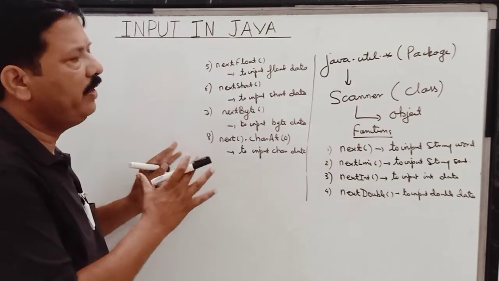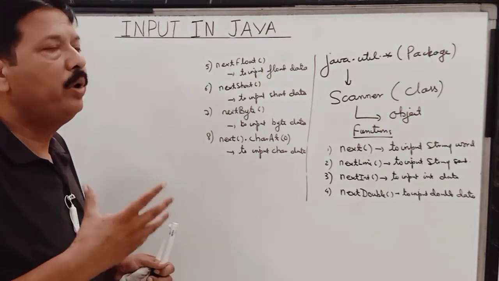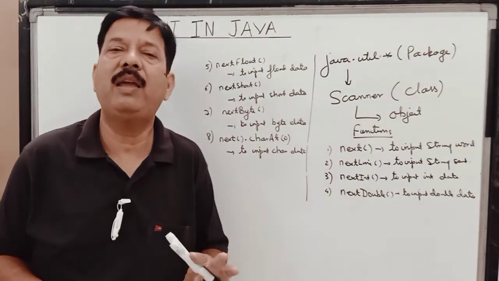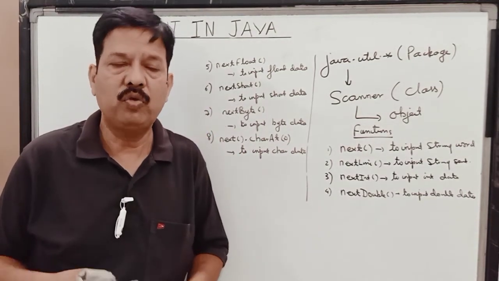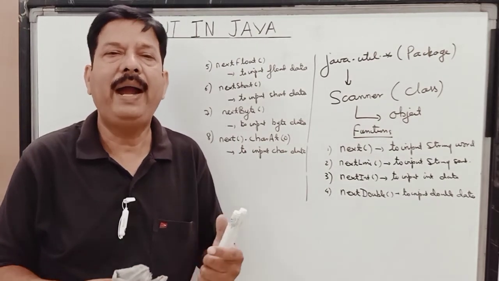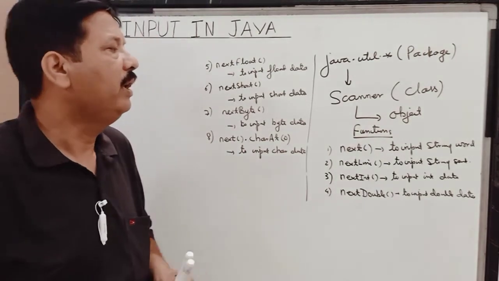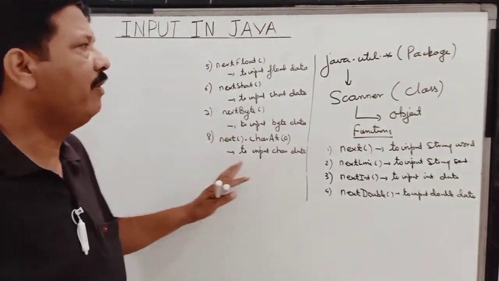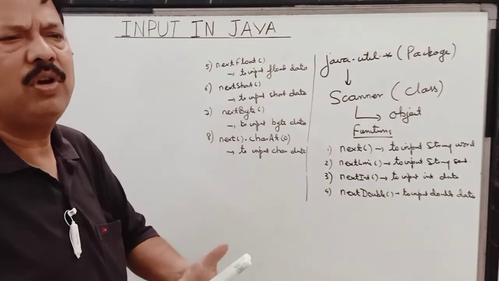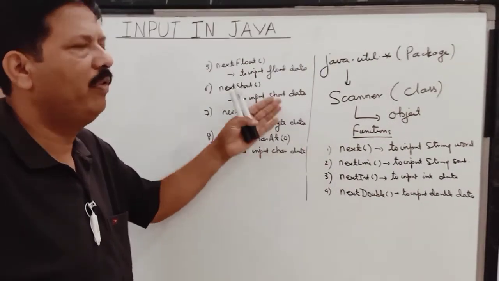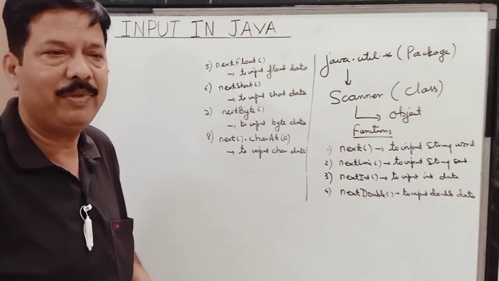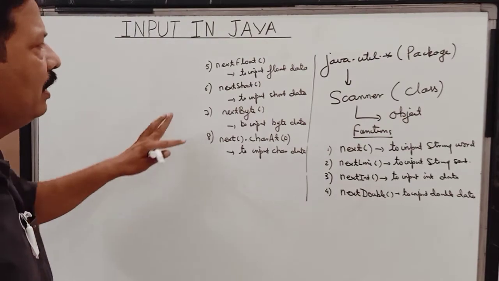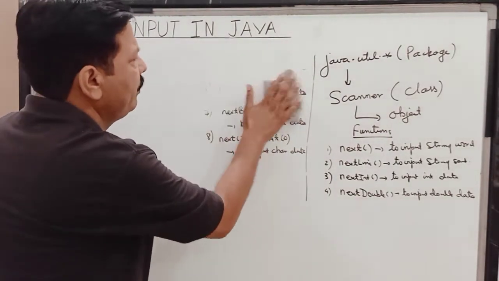So, children, all these functions are available to us to input different values through the keyboard, and this input is done at the time of execution of the program. So when you are going to execute a program, at that particular time these functions are going to perform their task of inputting a value. Now, children, we will see, I am just giving you a program where I will be entering all these values. So we will see how it will be done in the program.